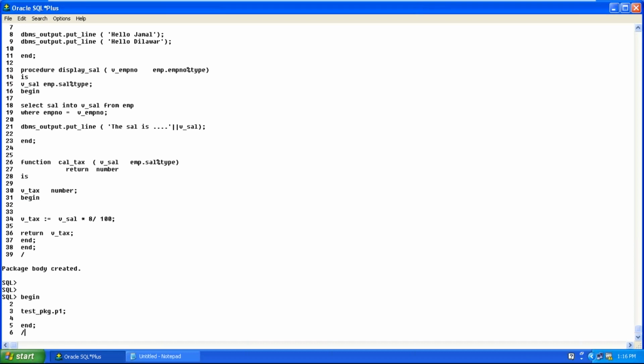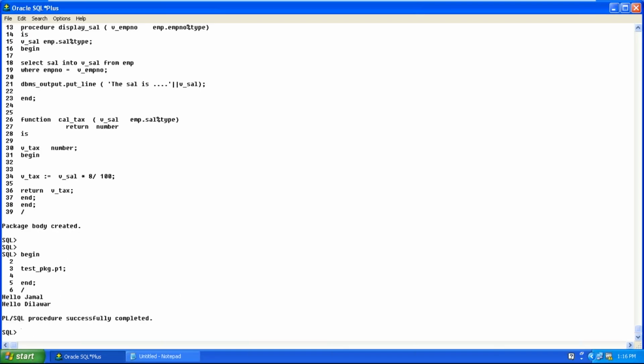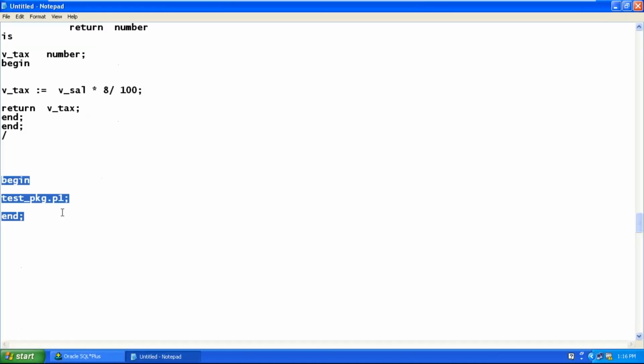We are executing only one procedure which is there in a package. And one important point, you cannot execute a package. Don't think that if I execute the package, all three programs will be executed. No, you can only execute individual programs inside the package. You can execute P1 individually, display_salary, or cal_tax. Individual programs you should invoke. You cannot execute a package, which is just grouping. Otherwise there is no difference in executing. Only thing, if the procedure is inside the package, you should write package name dot procedure name.